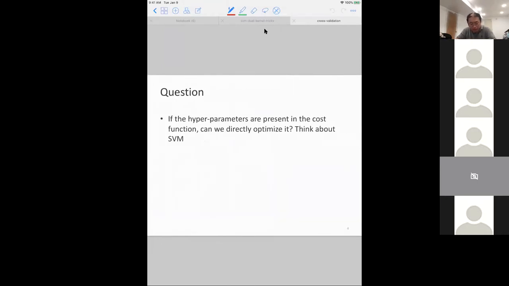One natural question would be, can we treat hyperparameters as equally as the model parameters? Take SVM as an example. For simplicity, we just look at the primal form. The objective function will be a half of the inner product of W with itself plus the hyperparameter C times the summation over the hinge loss. The hinge loss is max 0, 1 minus the functional margin